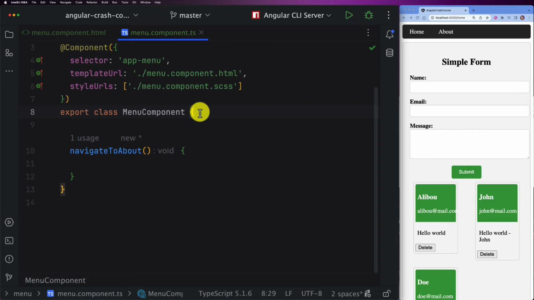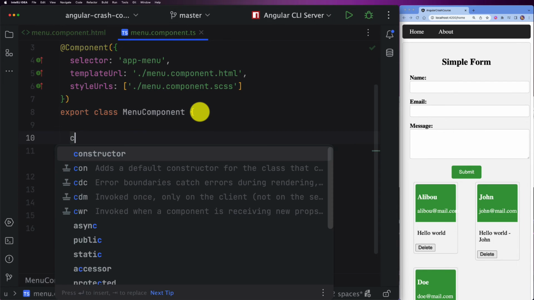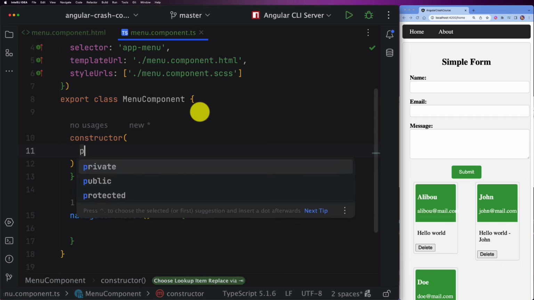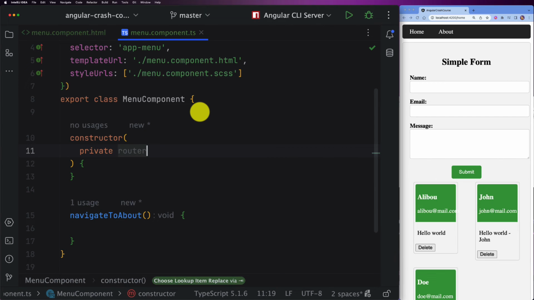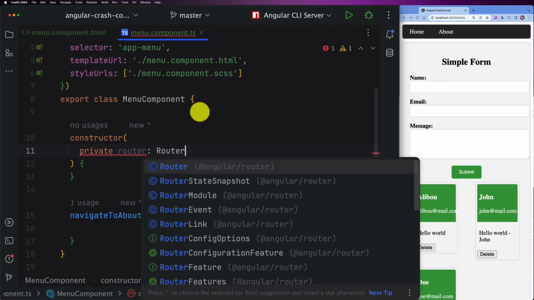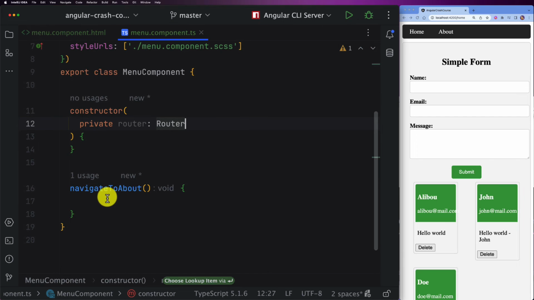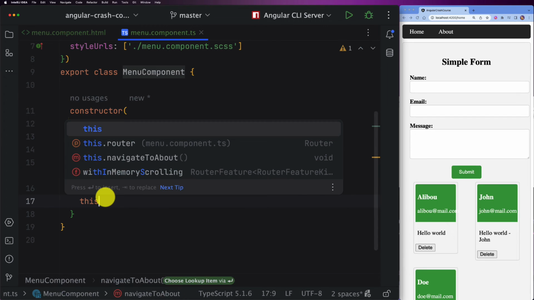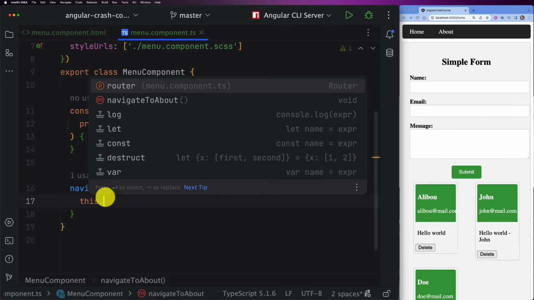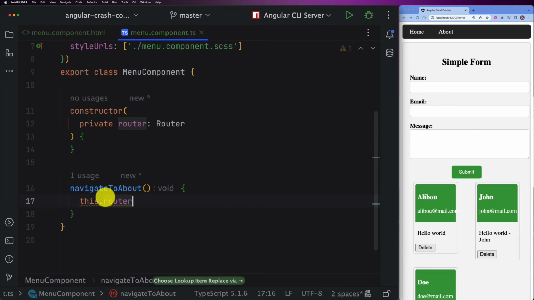So now you also know how to inject services. I need to create a constructor, and then I will create a private router of type Router. As you can see, the Router is from the package @angular/router. And then I will be able to use this router in my navigate to about method. So I will do this.router